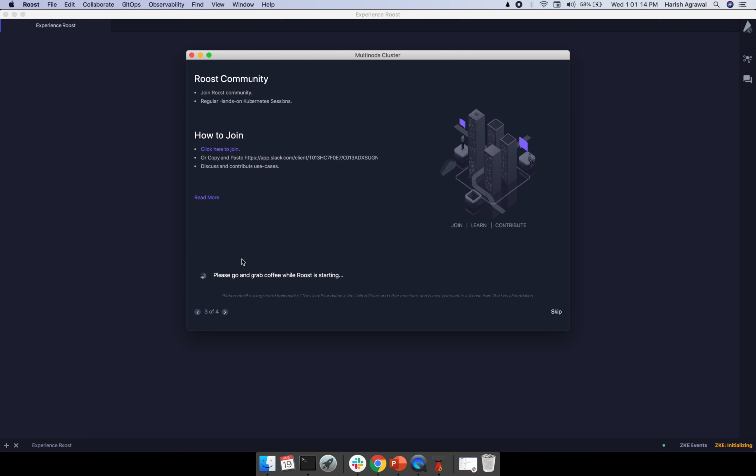Besides this, we have a community of developers who can be reached out on Slack, and then there is additional documentation as well on the Roost.io portal.